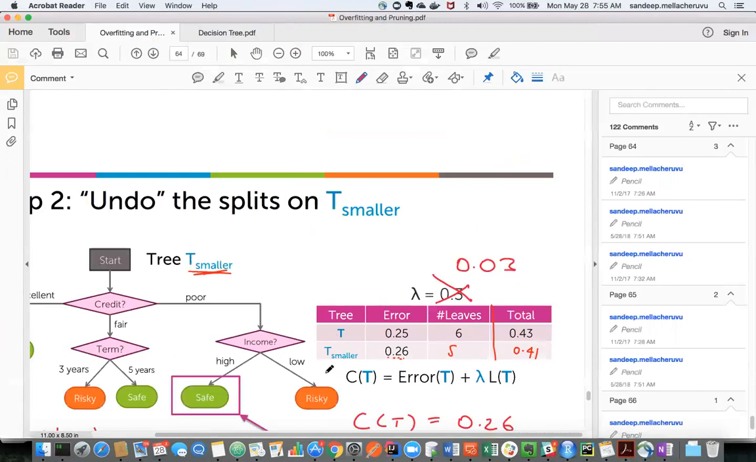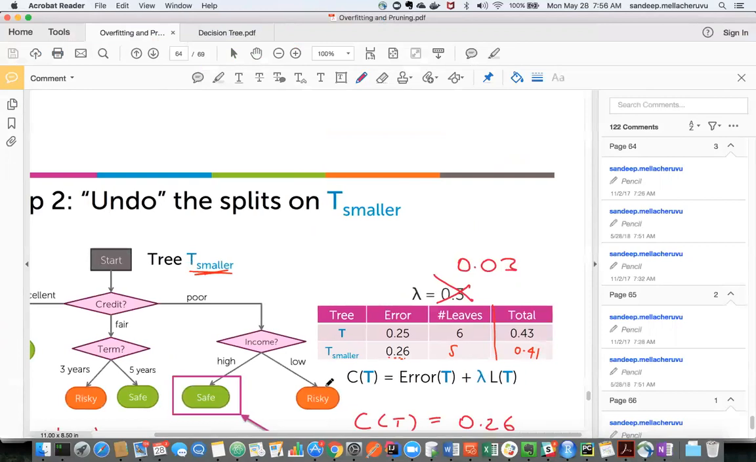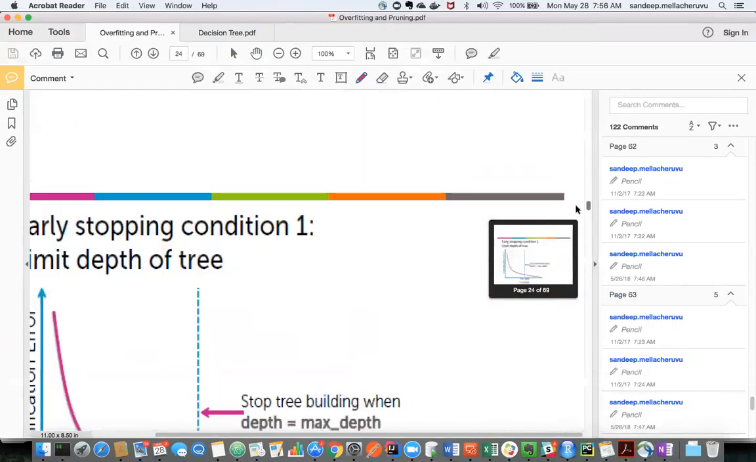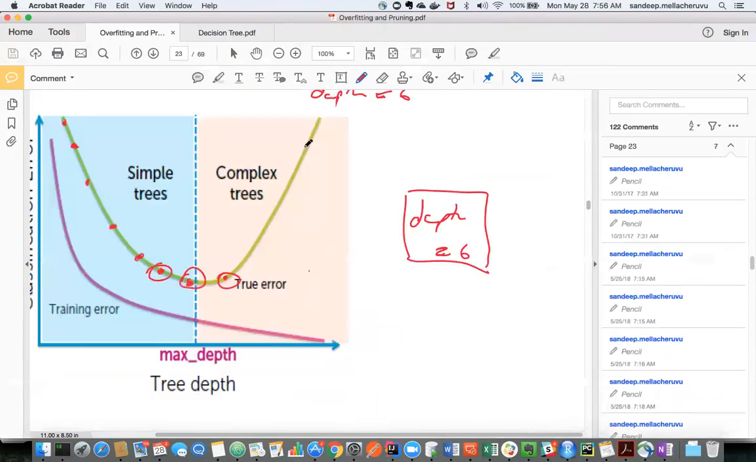At some point, what happens? The cost of the tree is no more decreasing. It will start increasing. If you remember this slide, if you keep on pruning, initially it will decrease. The training error will keep on decreasing. But at some point, if you keep on pruning, the training error will increase. So at that point, stop the pruning